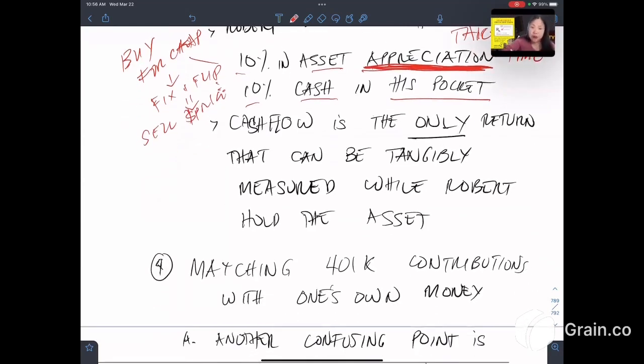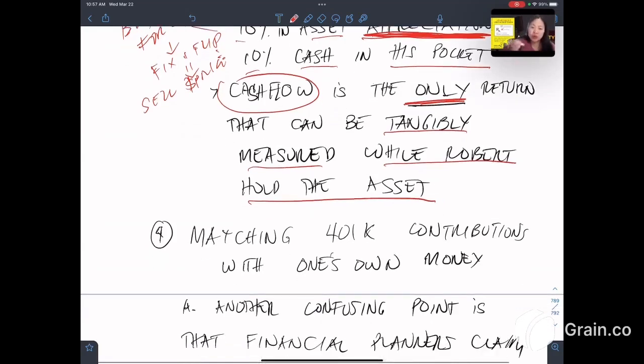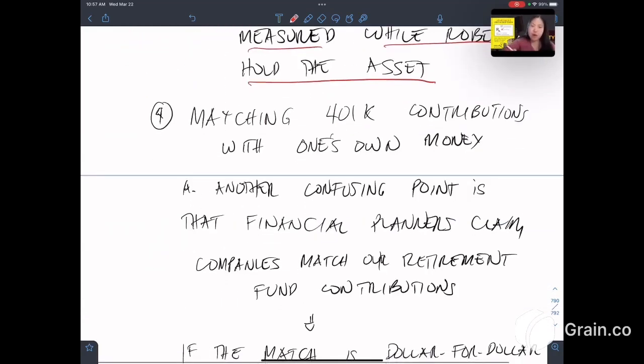Now, cash flow, according to Robert, is the only return that can be tangibly measured while Robert holds the asset long term. Remember, cash flow is the only return that you can touch, that you can tangibly measure while you hold the asset. Fourth,